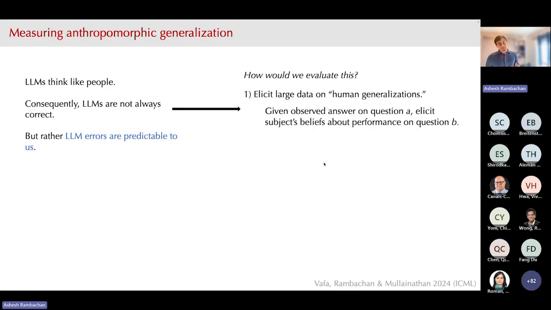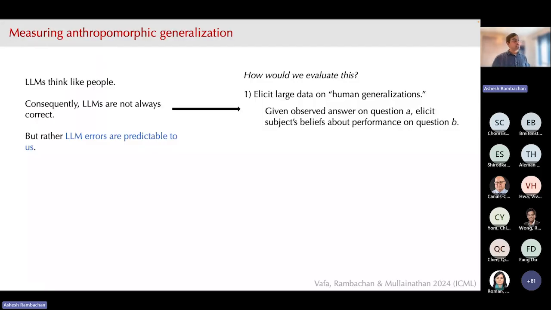So in this work that came out in 2024 in ICML with me and my co-authors, we set out to try to actually evaluate this claim. Can people actually predict the errors of large language models? To do that, we elicited large data sets of what we call human generalizations, where we went online, presented subjects an observed answer on some question A, and then we elicited the subject's beliefs about, given that you've seen some agent answer question A